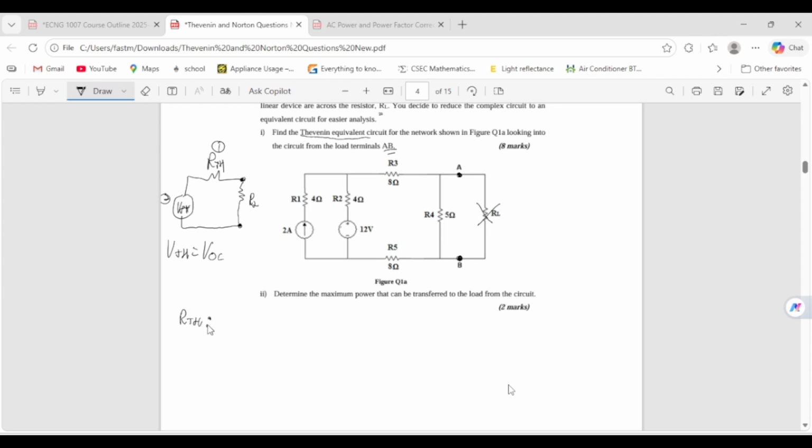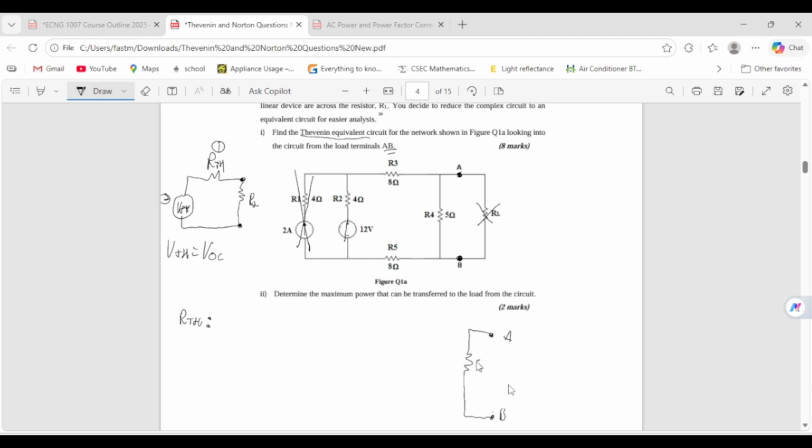Same steps as before, so we're a little faster in this one. We know we're looking in from these two terminals here, A and B. So we need to turn off all the independent sources. So this branch here, it's gone. Why? Because this is open circuited. Anytime you open circuit, it's basically disappearing, right? And this is short circuited. So the whole circuit ends up being